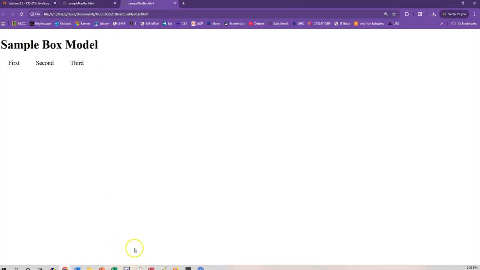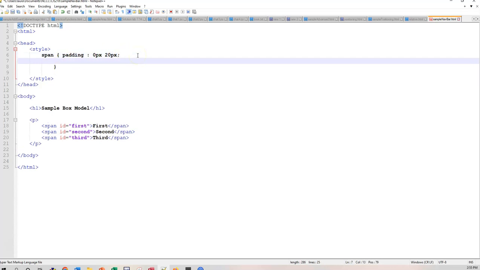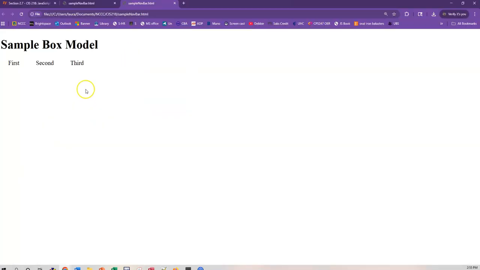All right, the next thing I want to do is add a border. So let's try adding a border here. My spacing's a little off, but border. And I'm going to do a 2 pixel weight on the line. We'll make it a solid black border. Okay, and go ahead and add. Now you can see